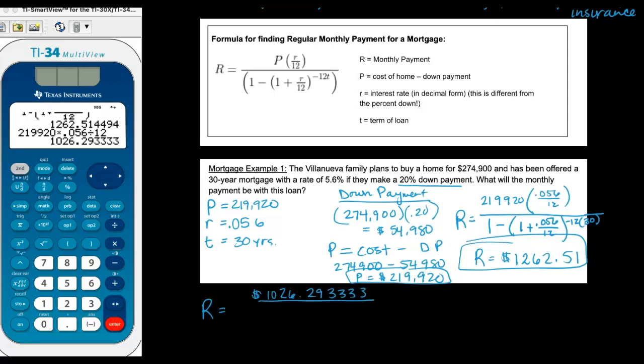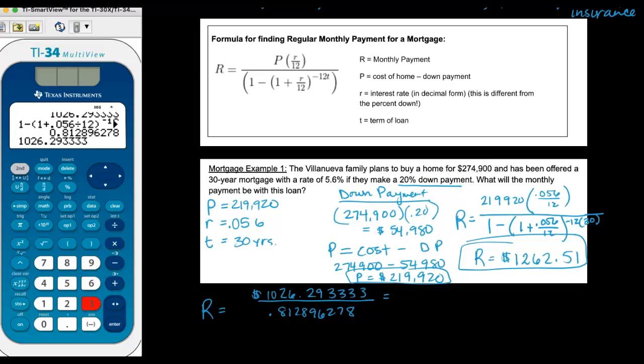And so I'm going to write down the entire number that I get in the calculator, and now I'm going to do the denominator. So 1 minus, 1 plus 0.056 divided by 12, and parenthesis. And in this case, I definitely want to use those parentheses because I only want this part raised to the exponent, negative 12 times 30. Enter. And then 0.812896278 in the bottom. And so now you can divide those two numbers,